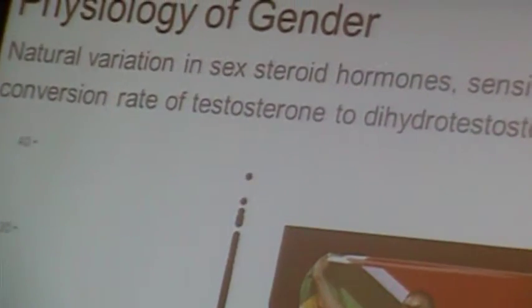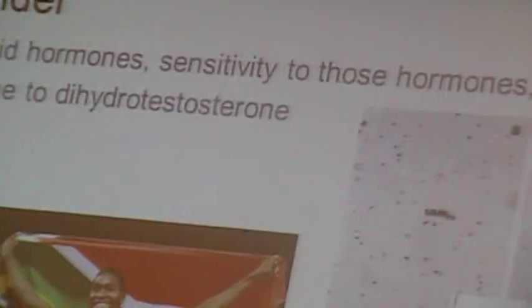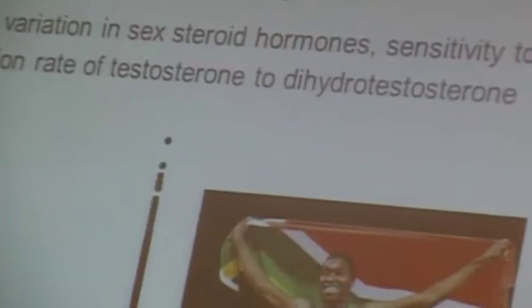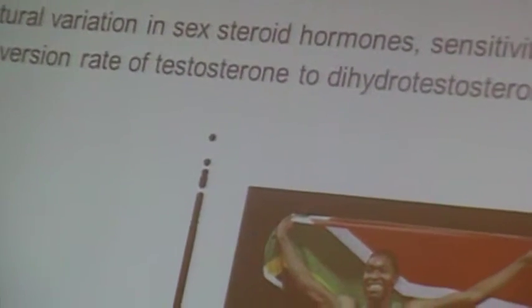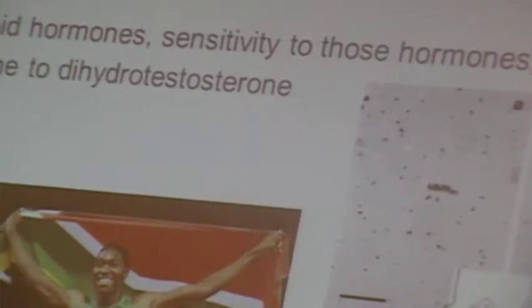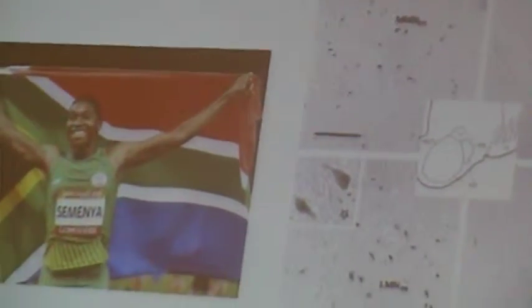I mostly study the physiology of birds, and there's a lot of natural variation in the differences between males and females. On the left, there's a graph of testosterone levels in males and females, and you'll see that there's a very large amount of variation, especially in the males, but also in the females. And there is even overlap between males and females in the amount of testosterone that can be found in the